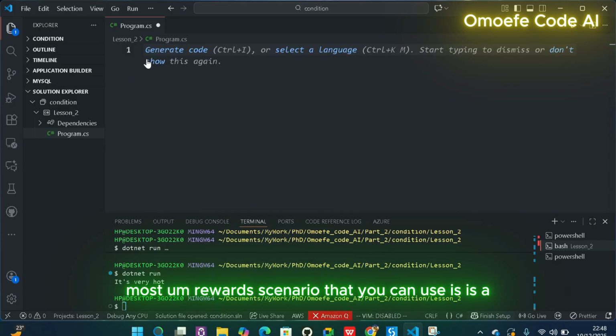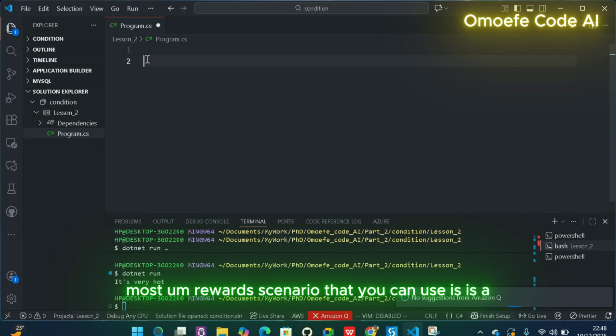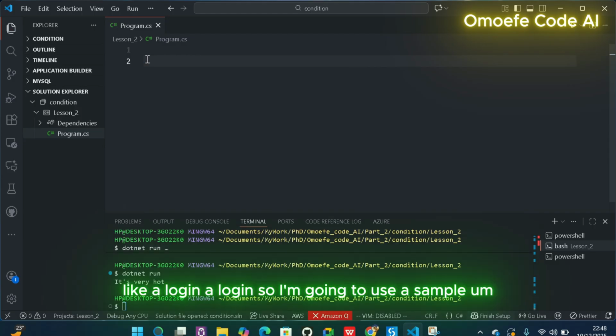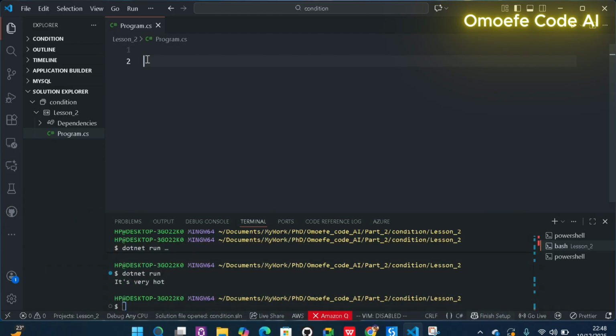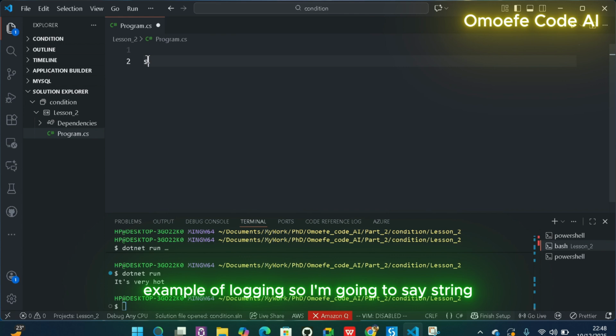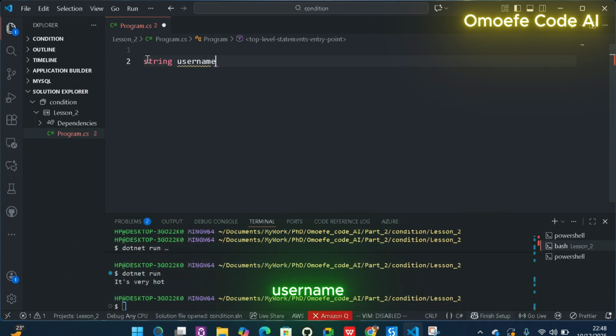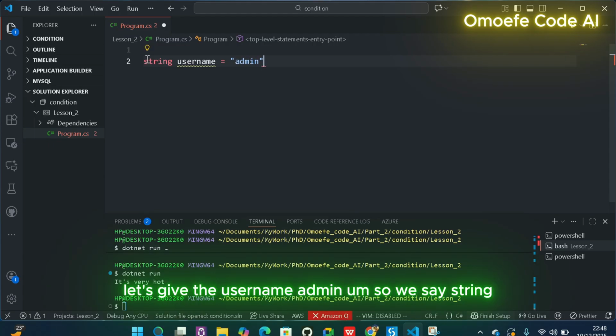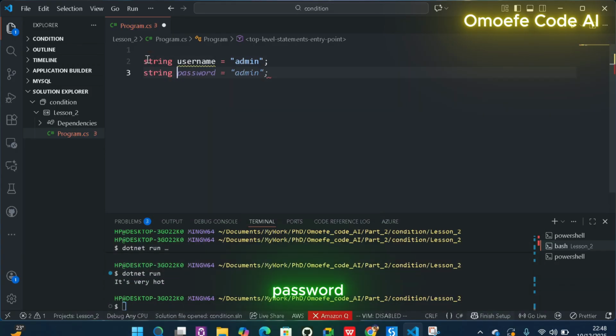Basically, the most real-world scenario that you can use is a login. So I'm going to use a sample, just a rough example of a login. I'm going to say string username equals, so let's give it admin. Let's give the username admin. So we'll say string password, then we'll give the password. Let's just say the password is